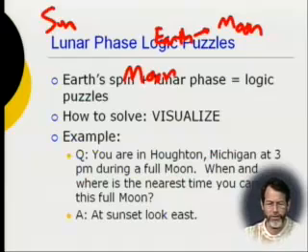What do you mean full moon? What is that again? Where is the full moon? It doesn't matter where a full moon is. Houghton, Michigan, why does it matter where Houghton, Michigan is? How can that fit? It's just impossible. Who could figure this out? This is ridiculous. And then when you see it, it's obvious. It's like, well, yeah, everyone should know that. How can people not know that?